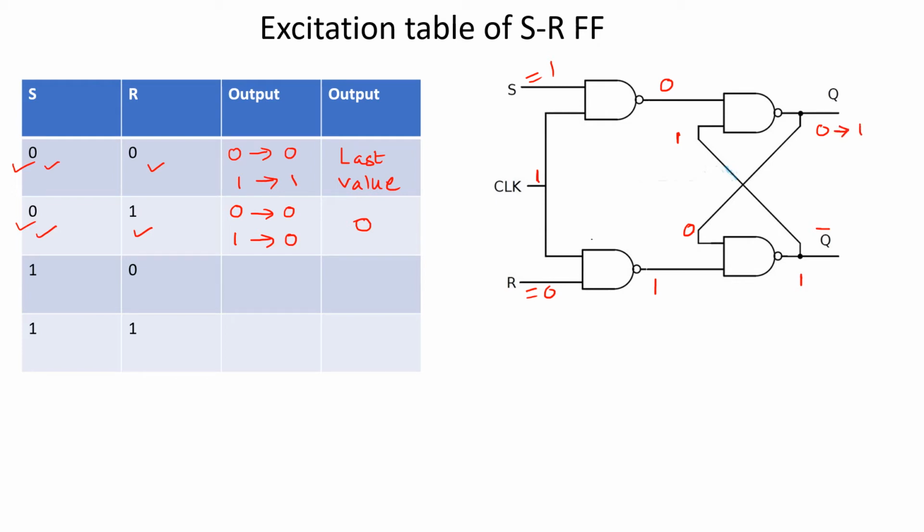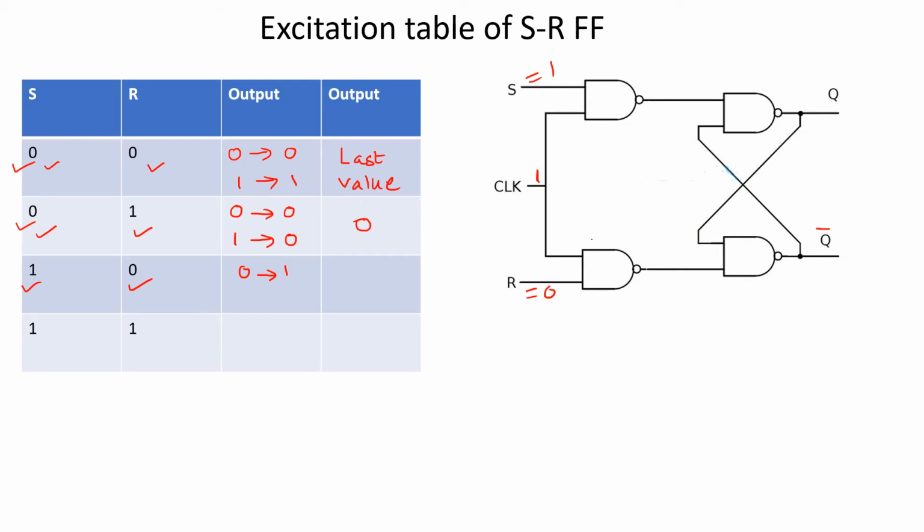Now let us see whether that 1 remains stable or not. This 1 comes here, 1 1 becomes 0 here, 0 0 becomes 1 here, which means that 1 remains stable. That means when I assumed 0, it became 1 for this condition. Now let us see if I assume 1 there and what we get.